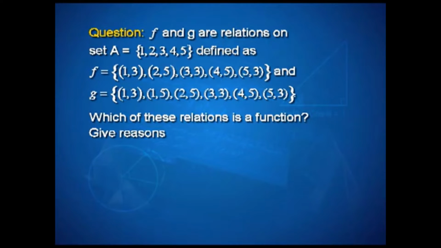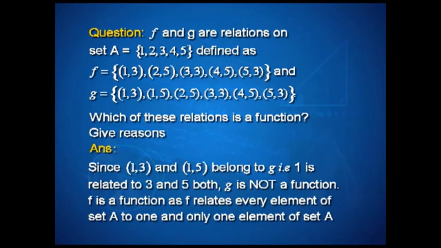No element in the first position is connected to more than one element in the second. So, as you can see in G, (1, 3) and (1, 5) both belong to G. That is, 1 is related to 3 and 5 both, and therefore, G is not a function, whereas F relates every element of set A to one and only one element of A itself, and therefore, F is a